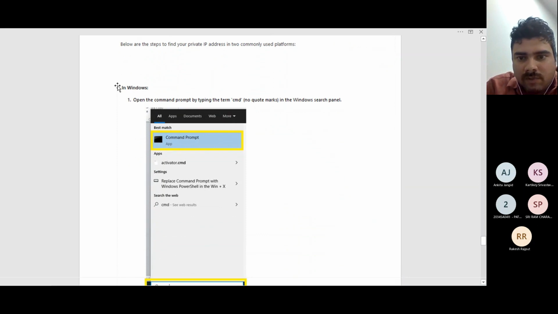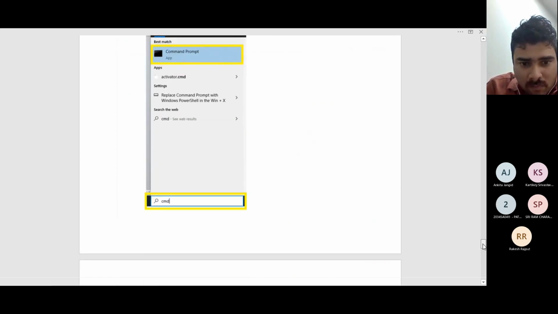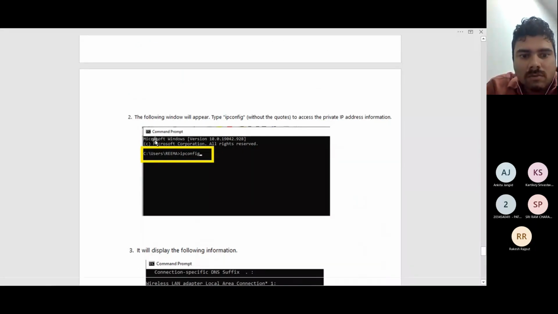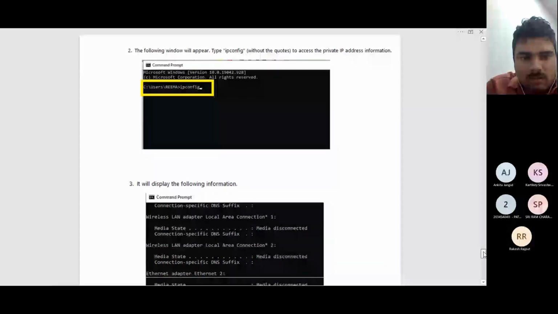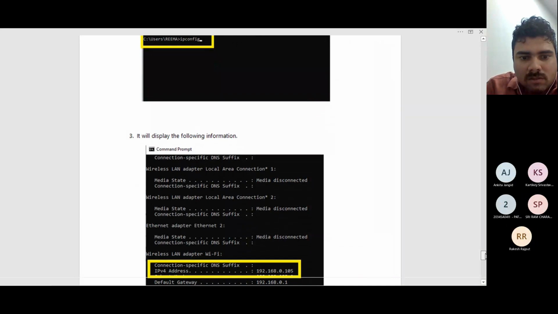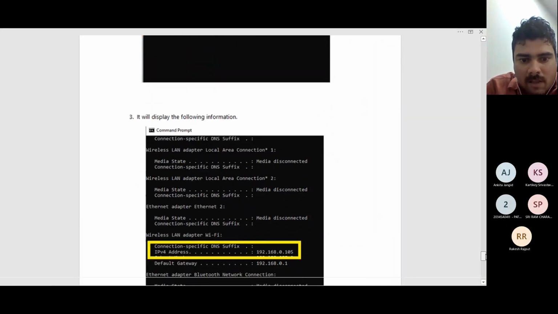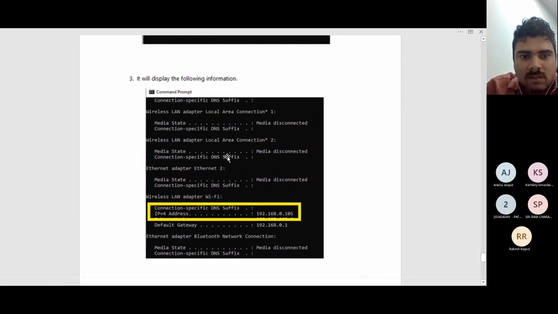Again, in Windows 11 or Windows 10, you open the command prompt by typing cmd. Then type ipconfig, and your computer displays the following information: wireless LAN adapter. See, this is your wireless LAN adapter. This is the Ethernet adapter. Wireless LAN adapter